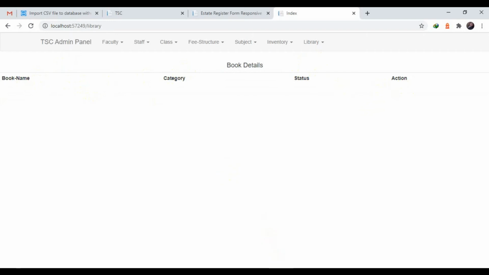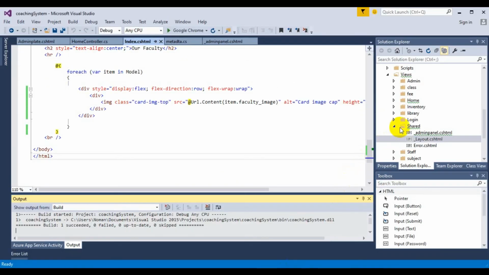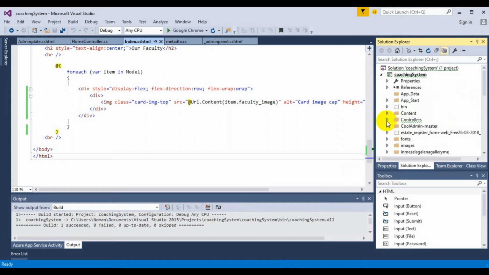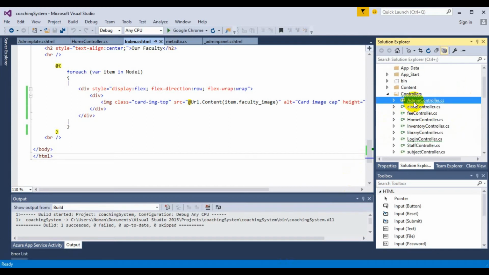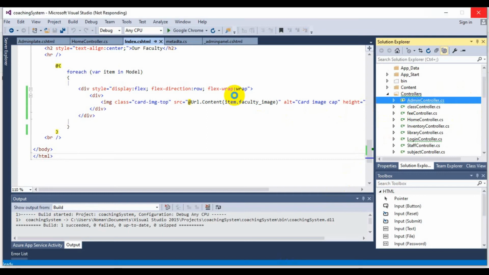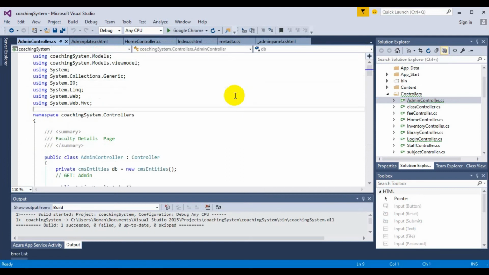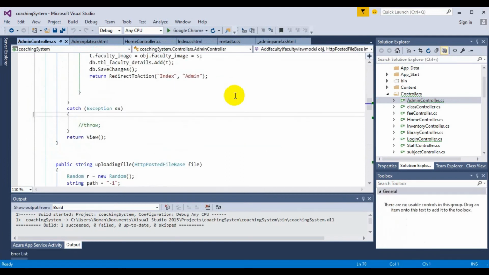And if I go back to my coding, I will show you the coding of faculty. So we have a coding of faculty in which we have an admin controller. In the admin controller we have the following coding. So we can add the faculty members or staff, or they can log in through their ID and password. Okay, we have the coding here, check it out. The backend has connected.